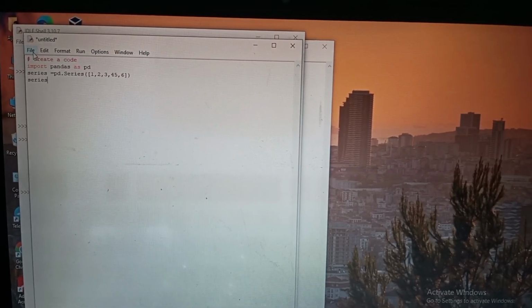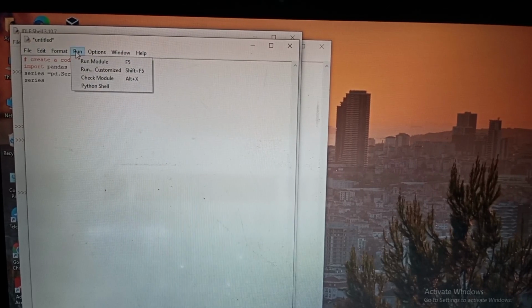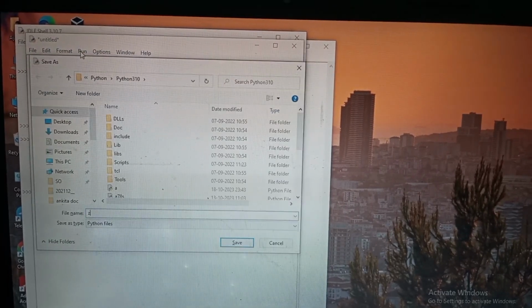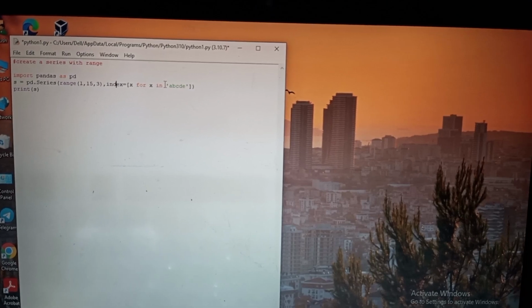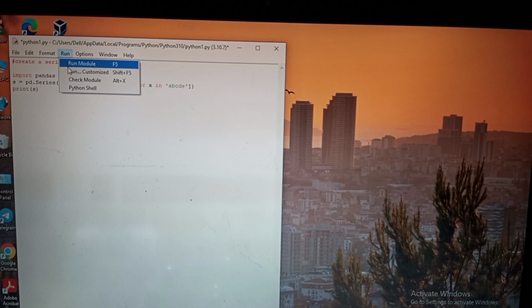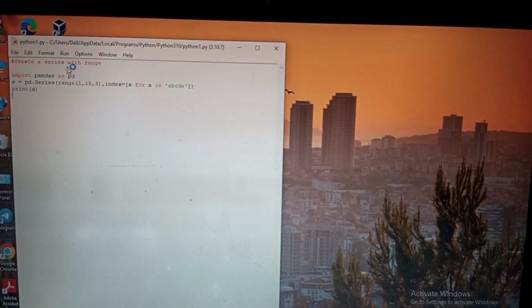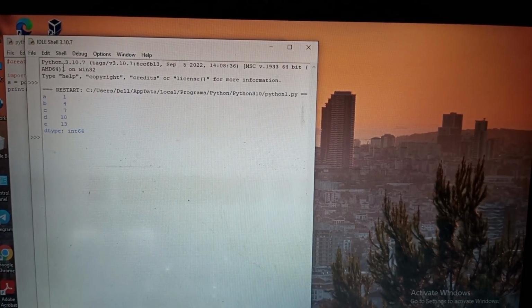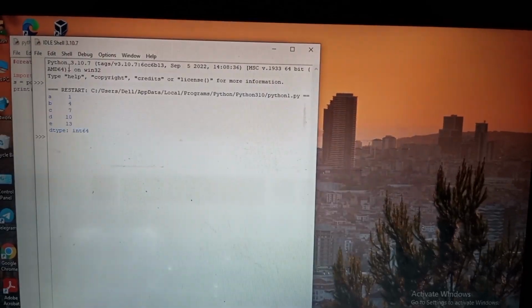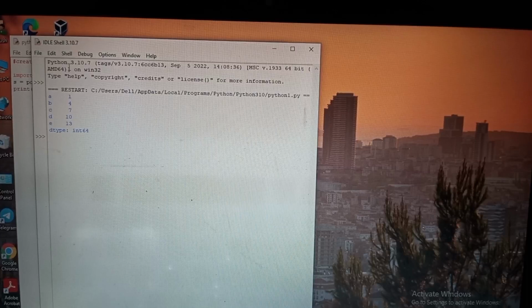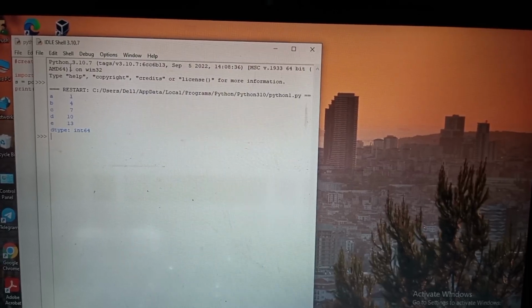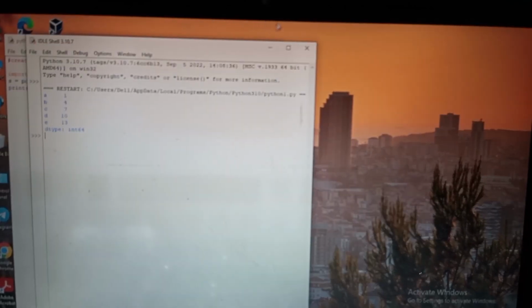Okay, I'm going to run this. I will run this module. So everything is good. Let's run this code. Look, it entered the index A, B, C, D, E in the same sequence with the numbers which I have entered there. Okay guys, so after this we will